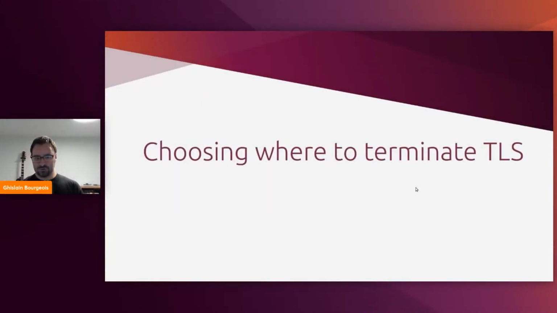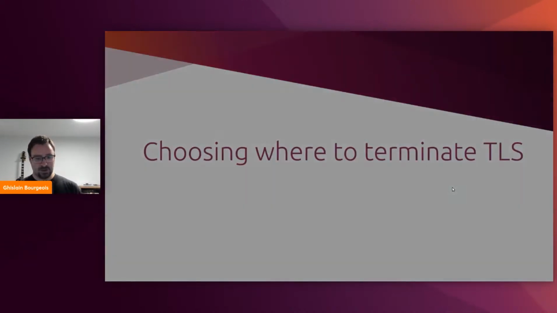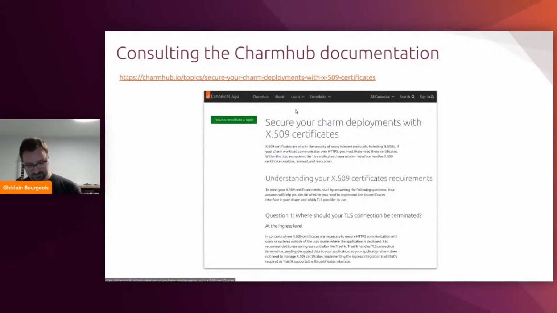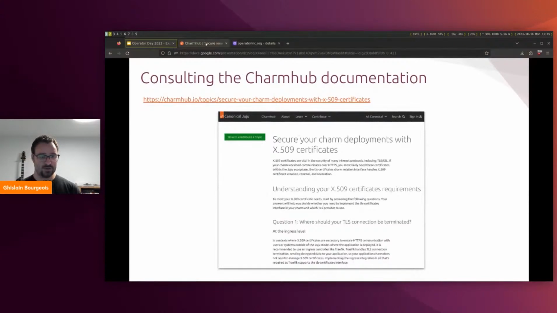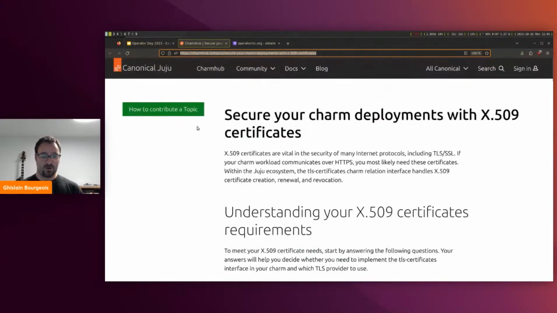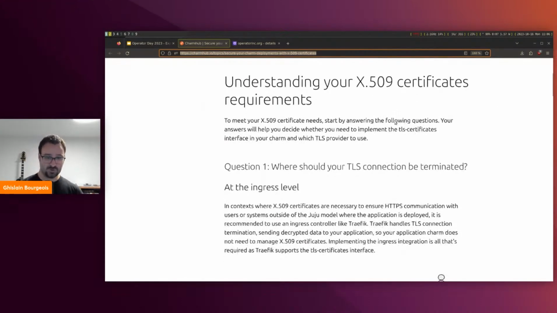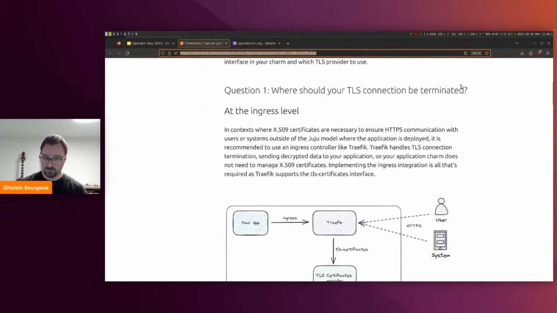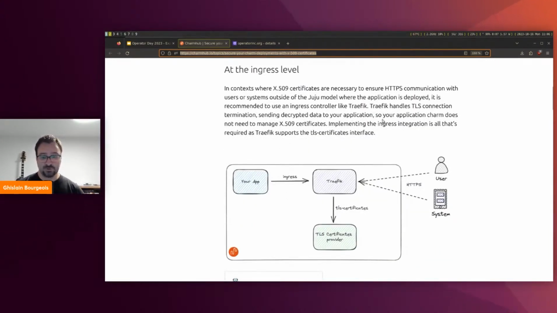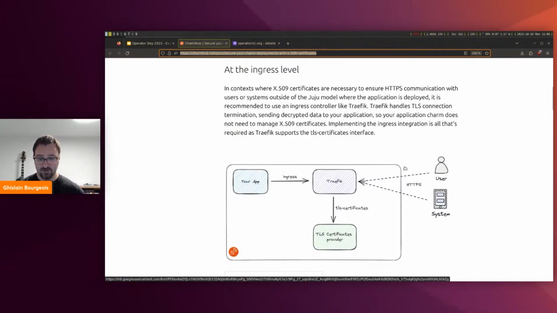So first of all, we need to choose where we will terminate TLS. And for that, we have a nice documentation page on Charmhub which tells you a bit how to use the different things in the TLS ecosystem with charms. So first of all, understanding your X.509 certificate requirements, we have the first question: where should your TLS connection be terminated? So we propose at the ingress level